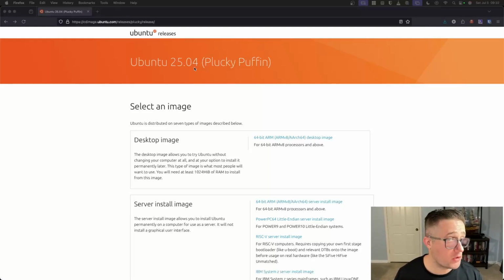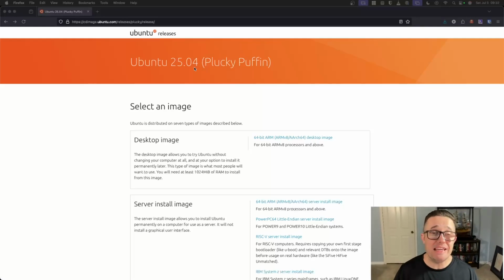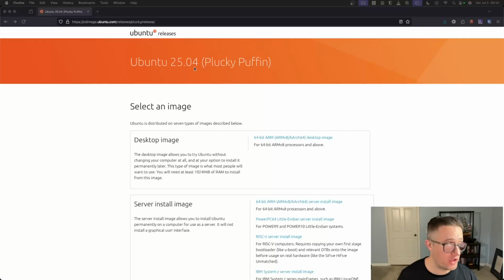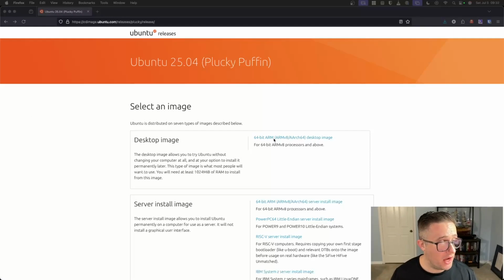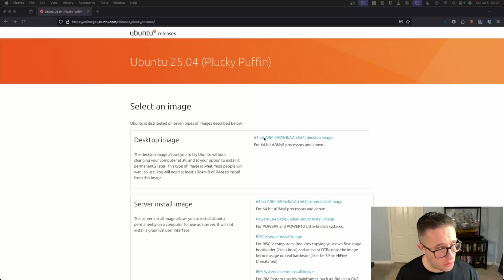So what we need to do here is go ahead and grab the ARM ISO image. Now, please make sure this is the ARM version. It'll say ARM, it'll say ARM V8, ARCH 64. So if you don't see ARM in this little thing here, then you need to go back and get the correct version of the ISO image, because if not, it's not going to work on an M